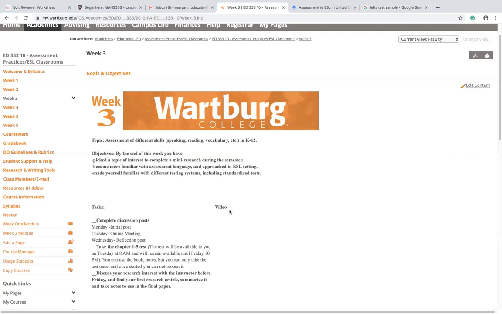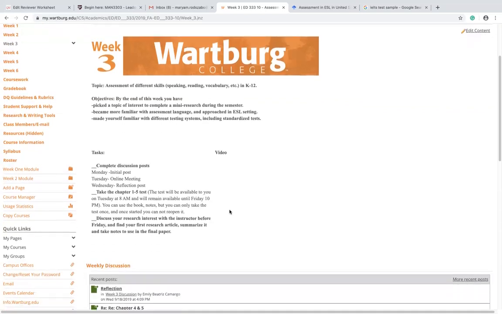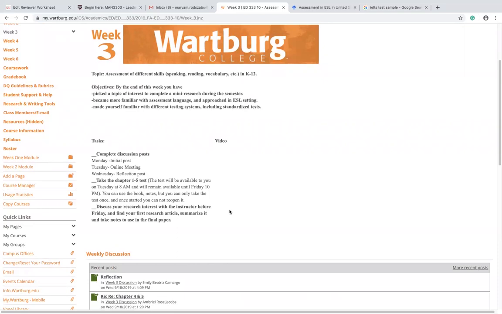So, for example, the language that the kid or the ESL learner needs to use when they're talking with a colleague compared to the language that they will use when talking to a friend or a roommate. So those are all different aspects that you need to be aware of.